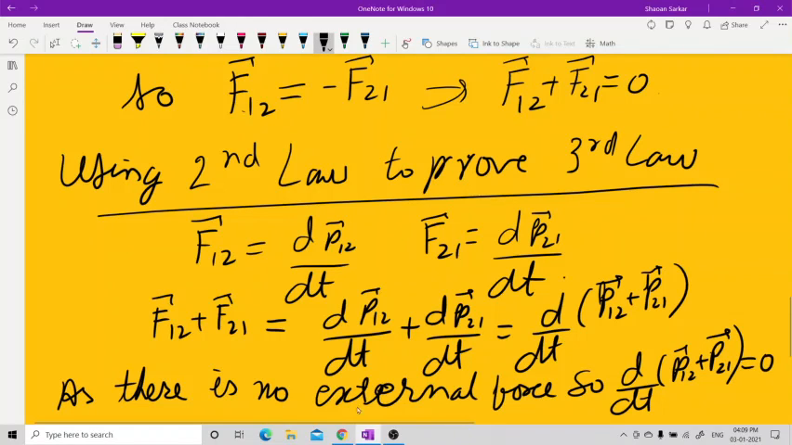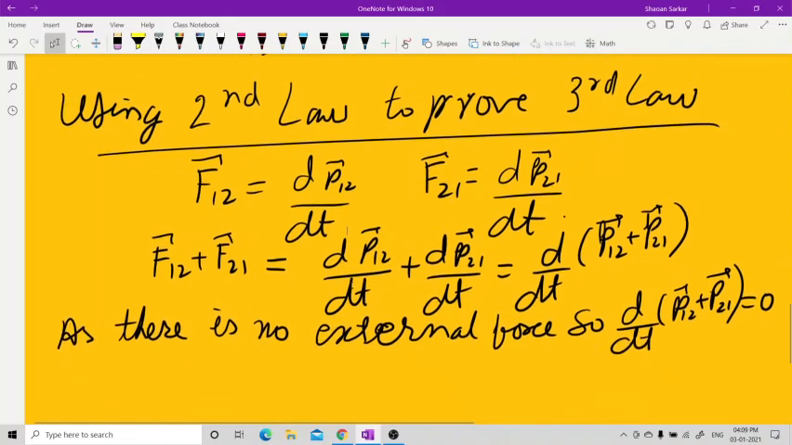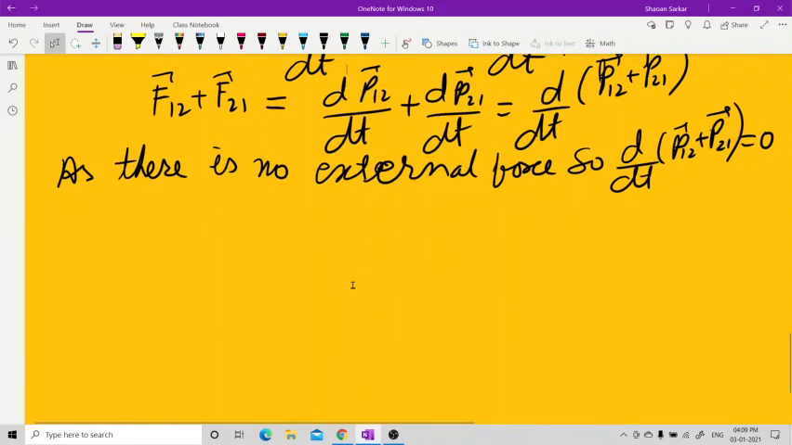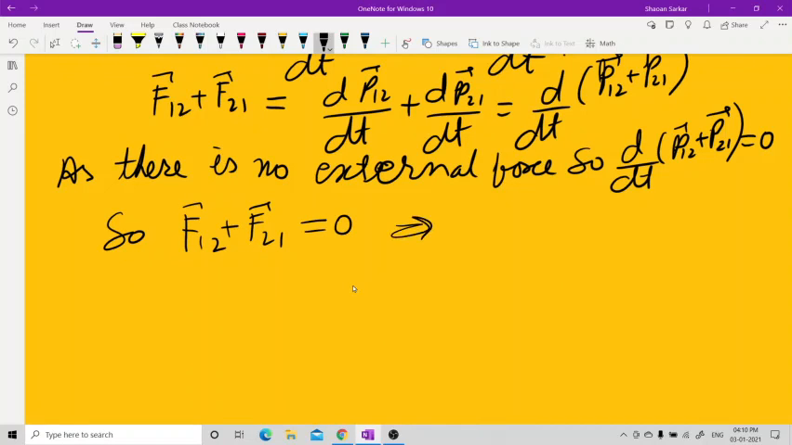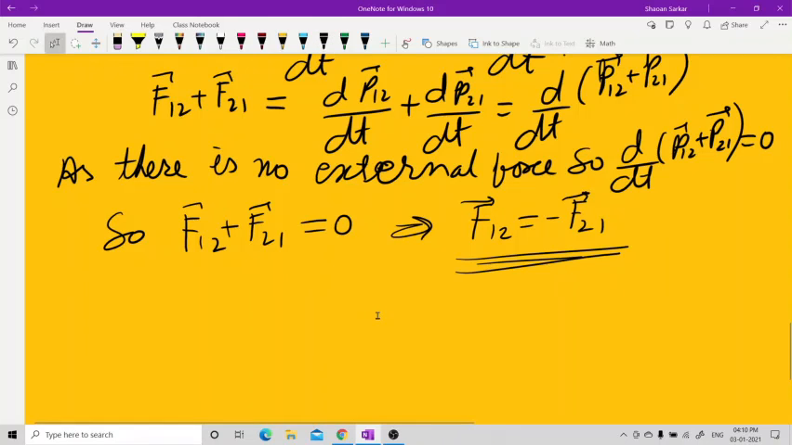Yes, now from this, F12 plus F21 is equal to 0, which implies F12 is equal to minus F21. This is the equal and opposite force. This is the third law, which has been proved from the second law. Now we will stop here. For the next class,